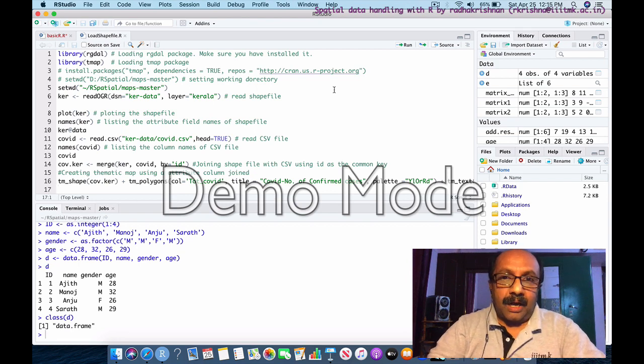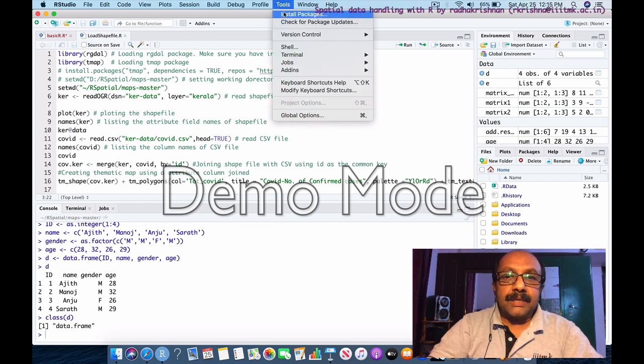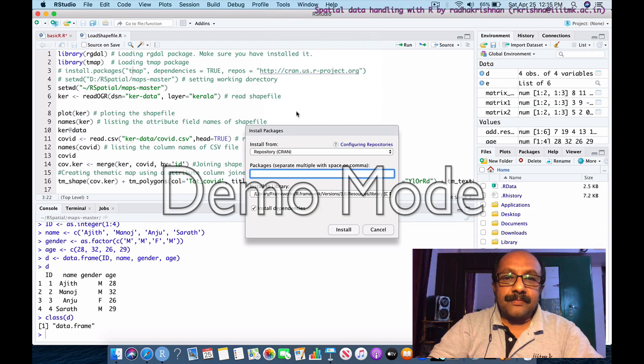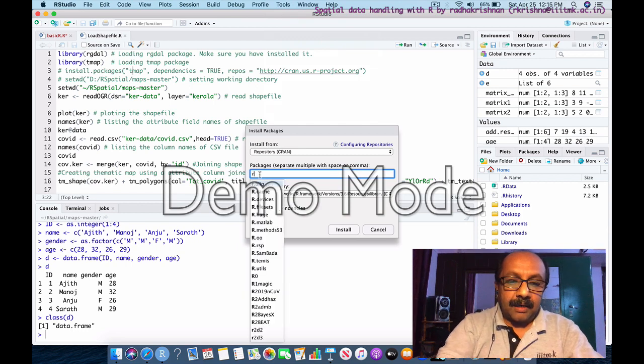Core R, the native R, cannot handle spatial data. So you need to have a package installed into R which will help you to handle the spatial data. The first library which I am going to use is called RGDAL, and in order to install the library, you have to come here, Tools, Install Packages, and type RGDAL.